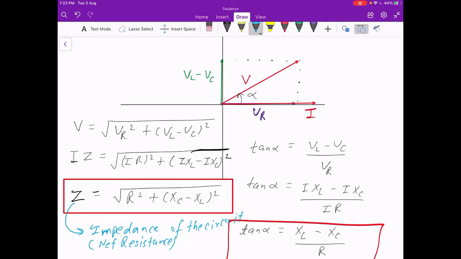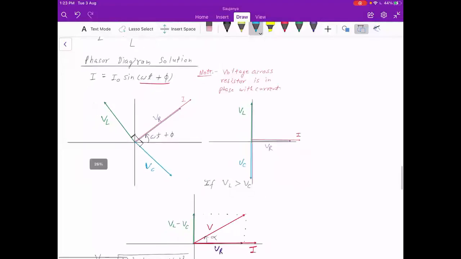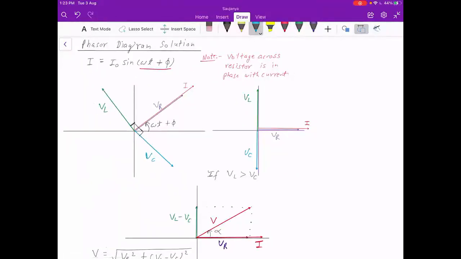Wait, so the phase of the current will be the same, omega t plus phi. That'll never change. Good question. Wait, I'll tell you. Current is in phase with the resistor, right? So it will remain omega t plus phi. In the second case, earlier I had taken the general case omega t plus phi, then when I drew it I called phi plus omega t plus phi zero, so I called the phase zero at that particular stage. So it depends on what kind of perspective you're looking at it from.